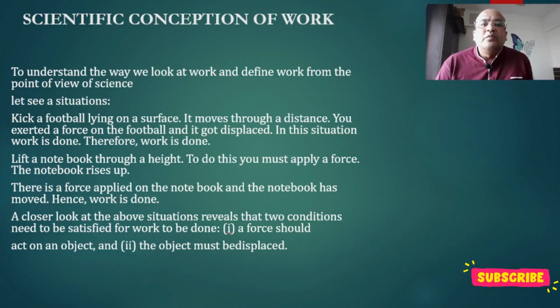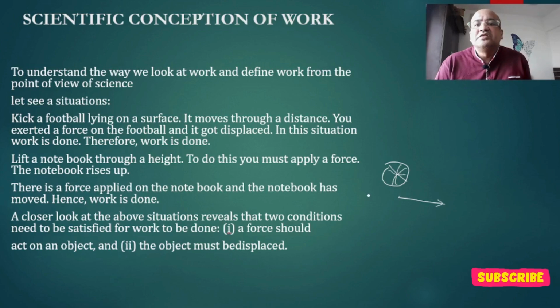Let's kick a football lying on a surface. If we kick a football lying on a surface, what will happen? We see that the ball starts moving. A football is there, and we are kicking it. It will move through a distance.